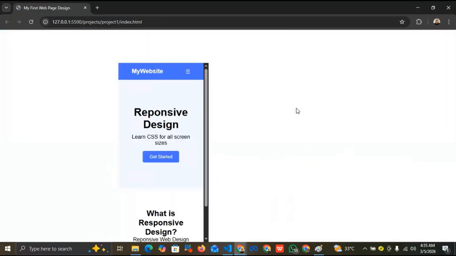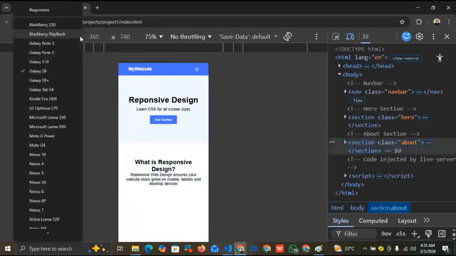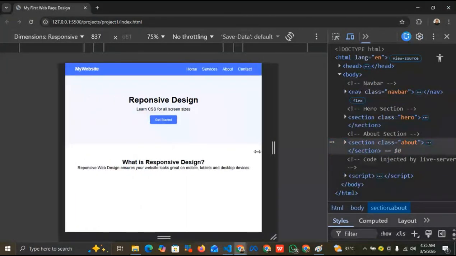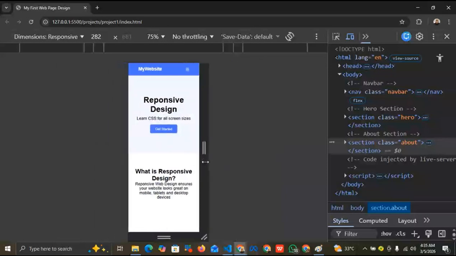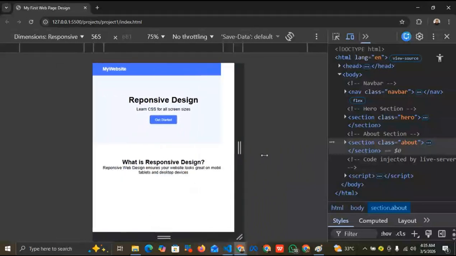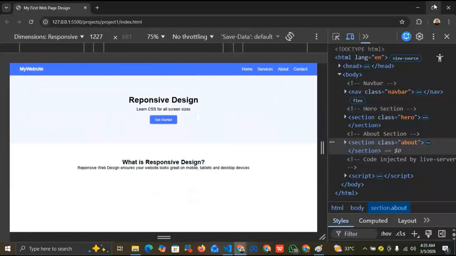So we've achieved a lot. So let's move forward and get the card. You can see I can choose any mobile responsive, and my code is still looking very okay, very fitted, even on a very small screen. All right,